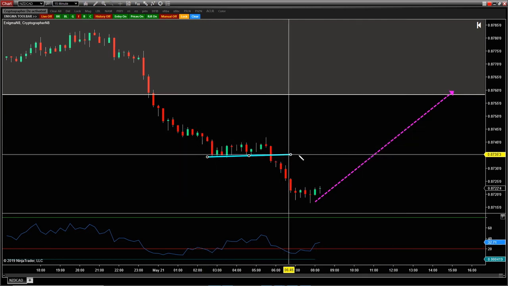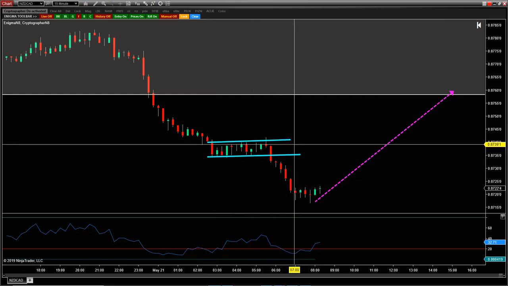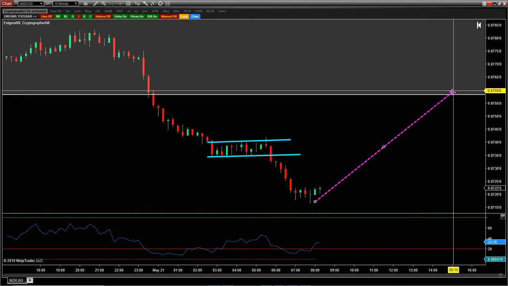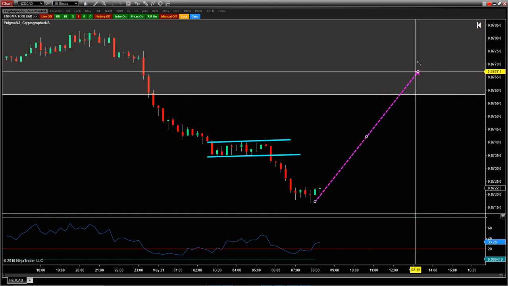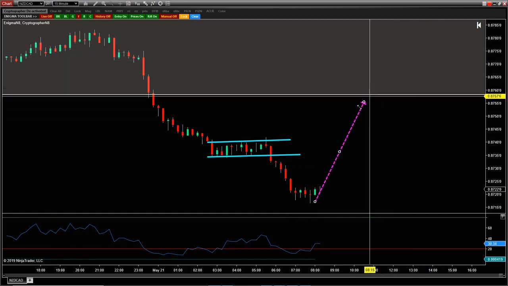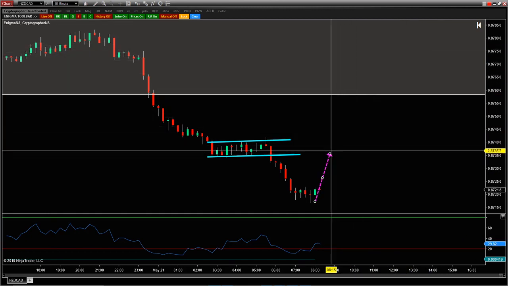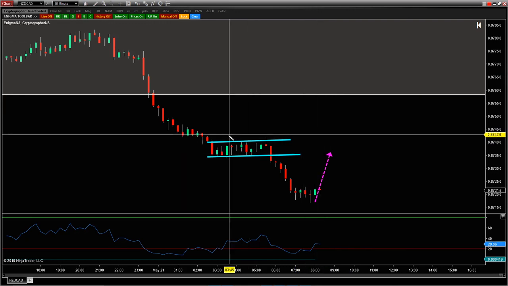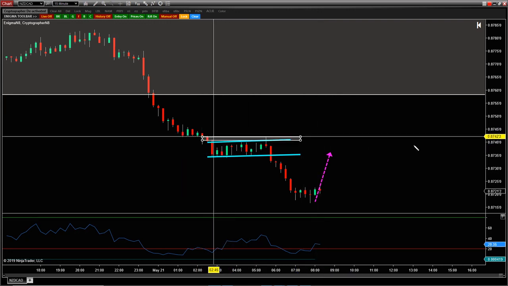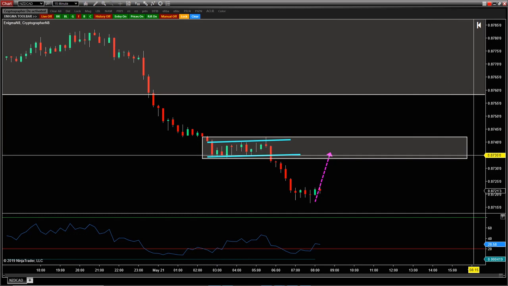You see a little consolidation right here, a little structure shelf. So as a day trader, this zone, I mean, you can still look for opportunities here, but you can also say, well, okay, if price action comes into this zone, this is where I'm looking for my sells. Now you can take it to another level as well.